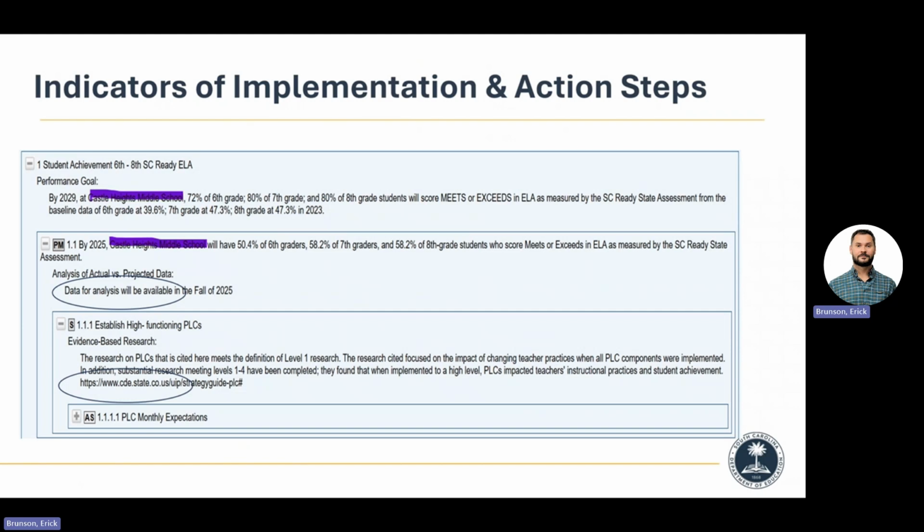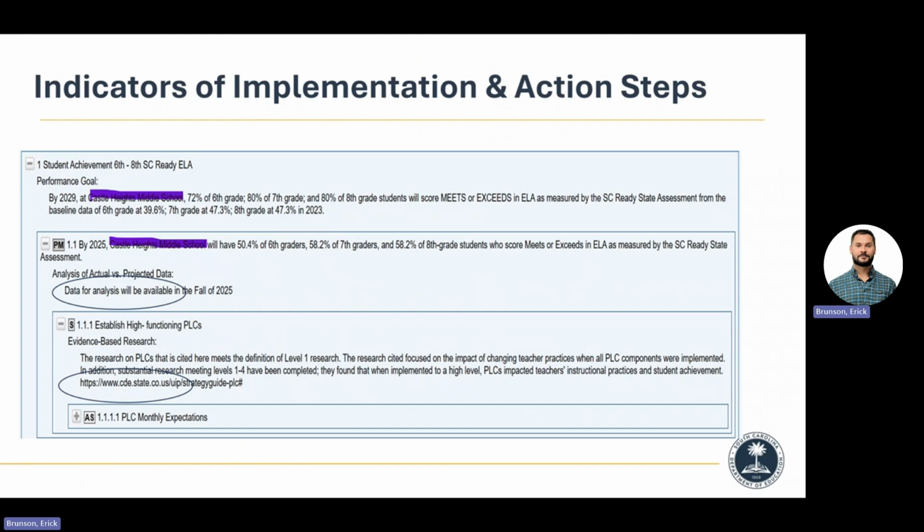And you can always, when you put the data in, if you pull the data April 1st, say that this is the number as of April 1st. So in our district, I work with our elementary schools. Many of our schools wrote their school renewal plans based on report card data, but they do have spring iReady data that gives projected proficiency. So what I hear is that even if our main goal is written on SC Ready, we can put in that projected proficiency that we got on that spring iReady data to give you a data point.